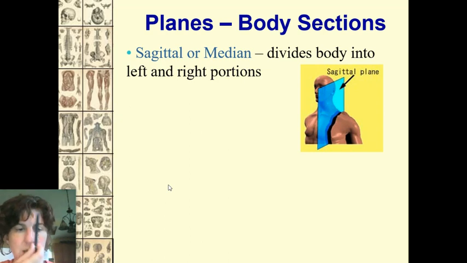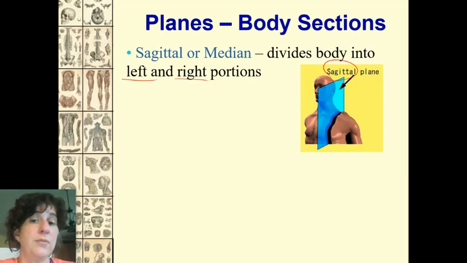Sagittal just means it cuts down and makes a left and a right. Okay, it doesn't tell you where. It could be straight down the center, like I'm doing with the pen. So right down the center is a sagittal cut, but could also be off to the side. So this is still a sagittal cut. It could be anywhere in between those or going the opposite direction. So a sagittal plane is just this left and right of some sort.